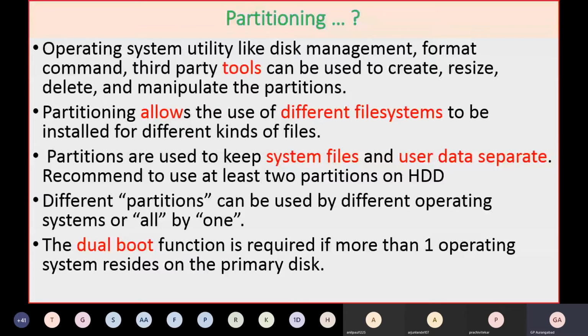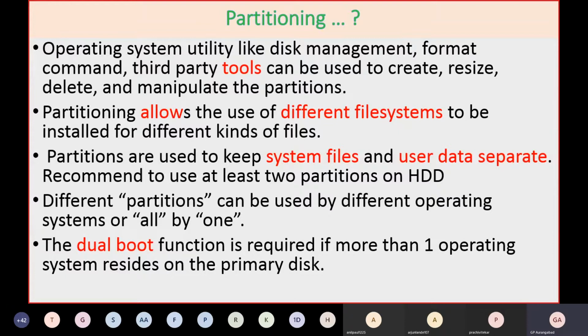So I'll recommend third party tools for better working. The built-in management is also sufficient most of the time. If it is not sufficient, then only go for third party tools.